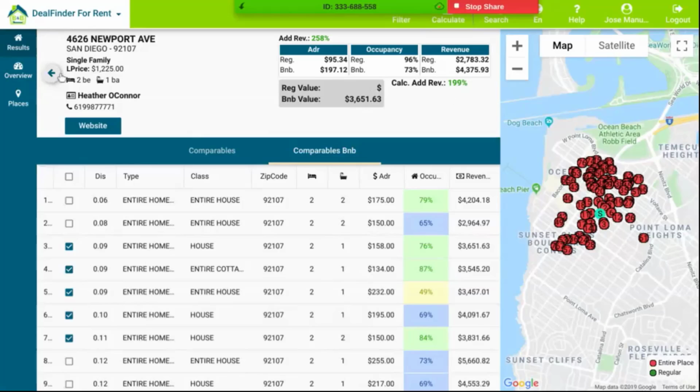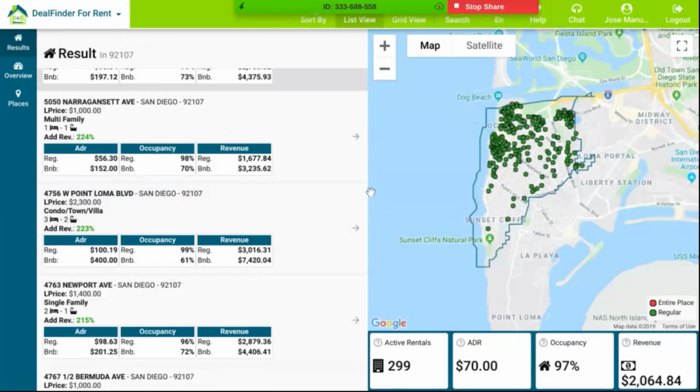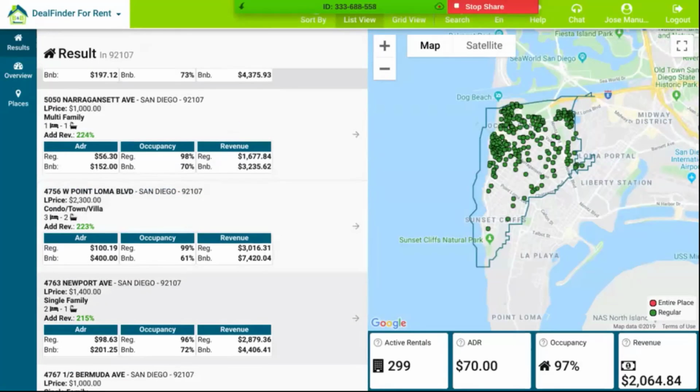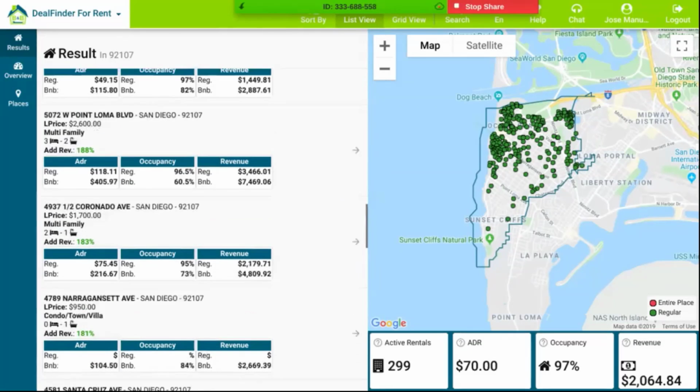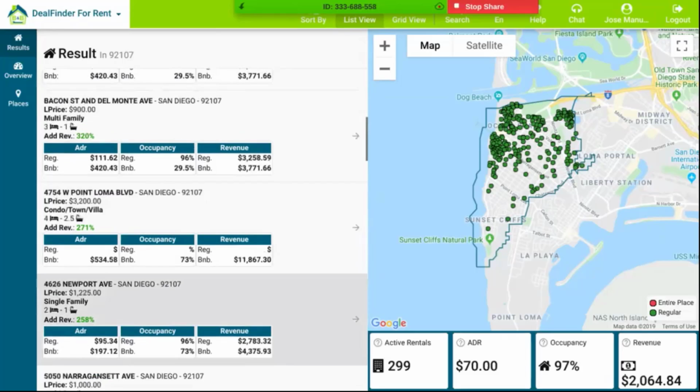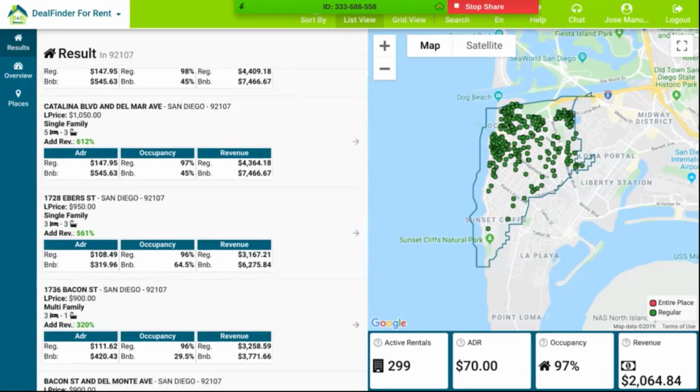Okay, let me go back. Let's see if I can find another property, another example. It's important for you to have different examples so you can see what we can do here, or even check another zip code.